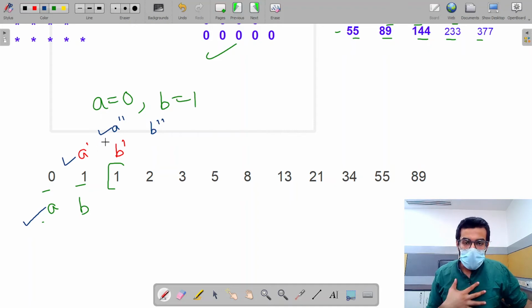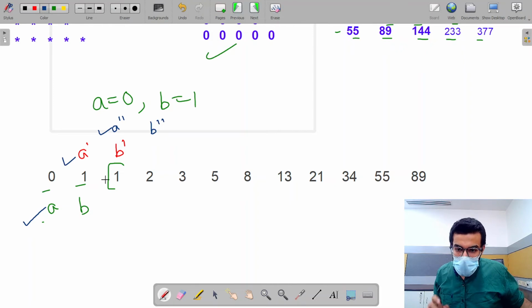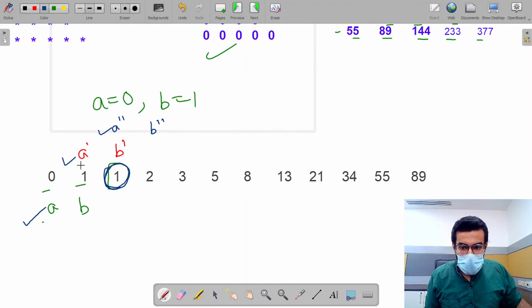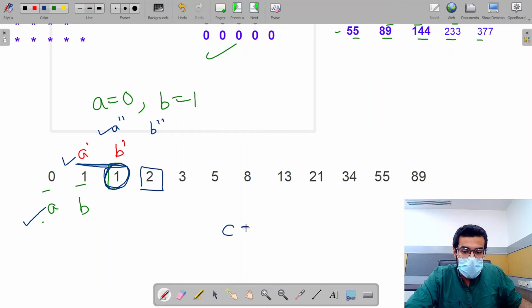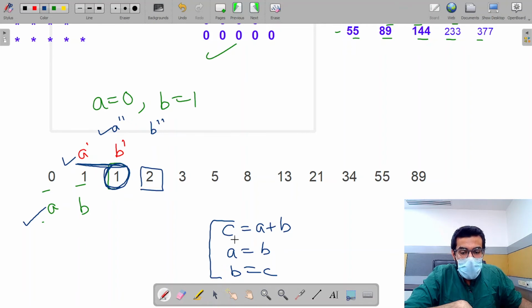So what is our basic focus over here? We just need to make sure that each time b is having the next value. For example, if over here for this iteration b should be containing this value, so for that we take another variable that is c, and we will store the value of a plus b inside c. Then we will update the value of a with b and b with c. We have to update this value once we have printed the initial value of a.